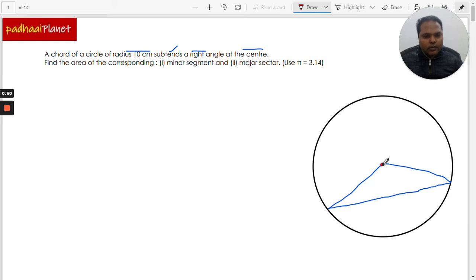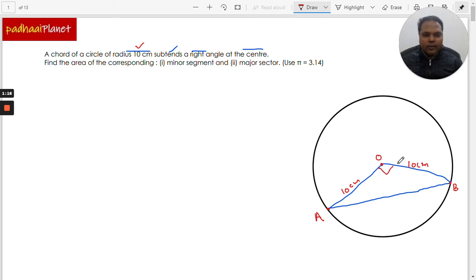So this is the center, and let's name it as O, and this is the chord A and B, right? Now the radius of the circle is already given, and that is 10 centimeters. So that means OB is equal to 10 centimeter, and also OA is equal to 10 centimeter, and this angle